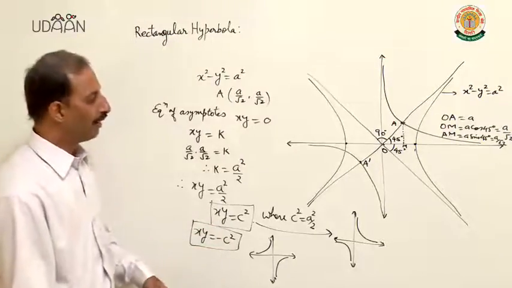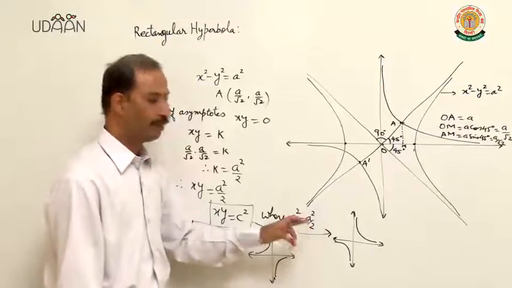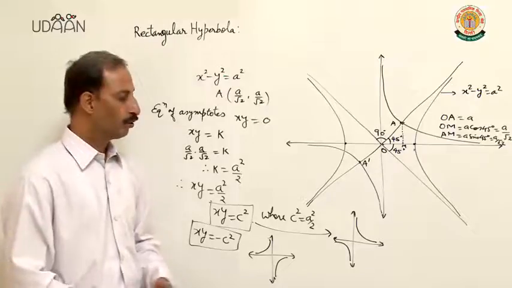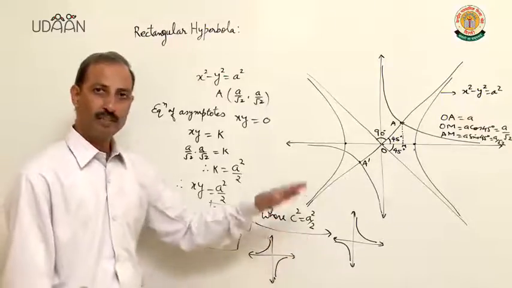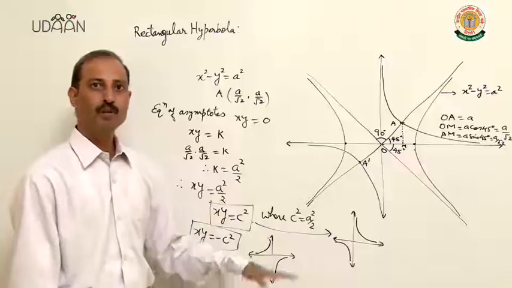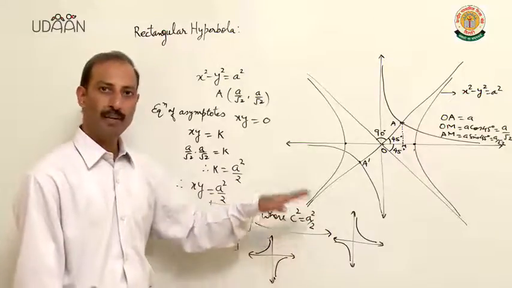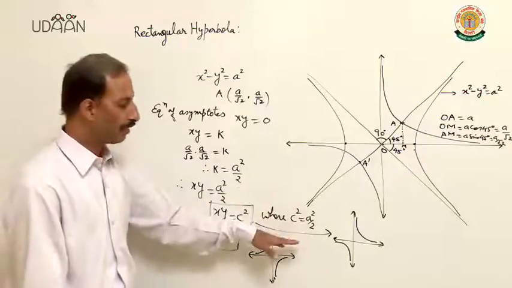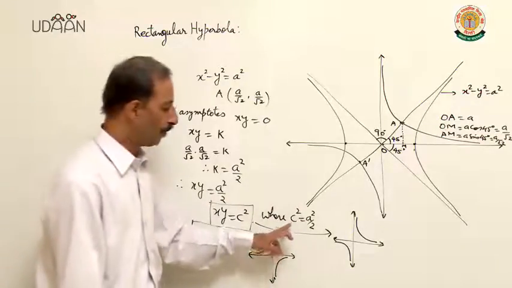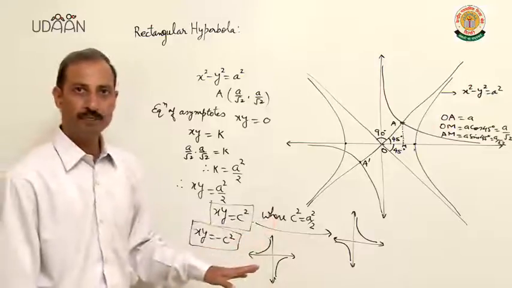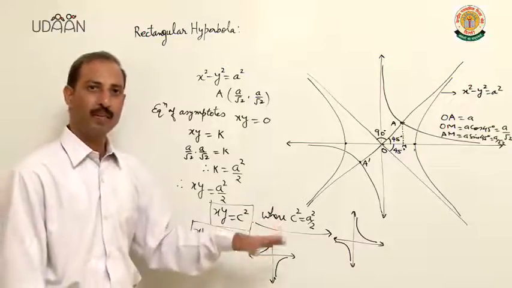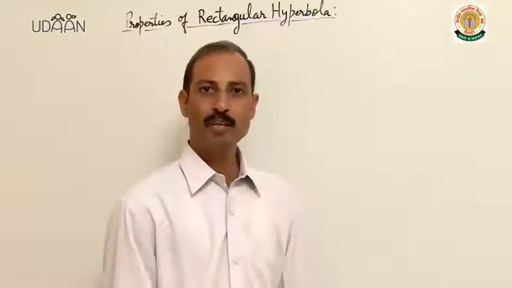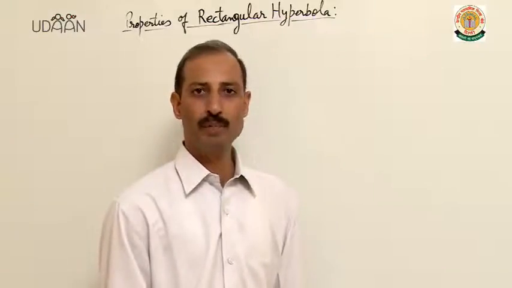Now in this equation we can find the vertices, directrix, foci. These values are given in their modules. So you can see your module and you can find the equation of directrix, foci, vertices, okay, in the position of xy is equal to c squared. I am now taking examples based on this rectangular hyperbola. Some properties of the rectangular hyperbola you have to remember.